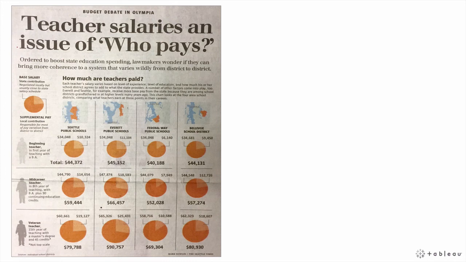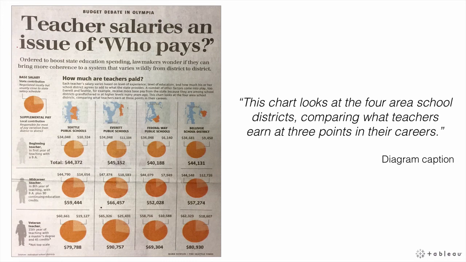But here's the fascinating thing. This was the caption, which you probably can't read in the small print there, attached to this visualization, which said, "This chart looks at the 4 area school districts comparing what teachers earn in 3 points in their careers." So basically they're saying the reason for this chart is so that you can compare teachers' income across the different points in their career. So this is looking from top to bottom, right? I can start comparing, for Seattle public schools, say, the beginners and mid-career and